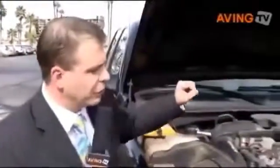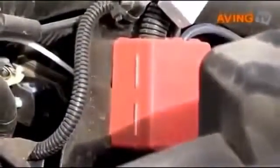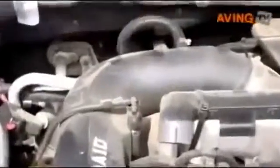Hi, we've now moved to the front of the passenger vehicle that we've installed the Jetstar on. Two clear devices that we're going to draw attention to are the red box that specifically allows for the pressure not to accumulate while the vehicle is off. It only operates while the vehicle is on. Second, the hydrogen is being induced